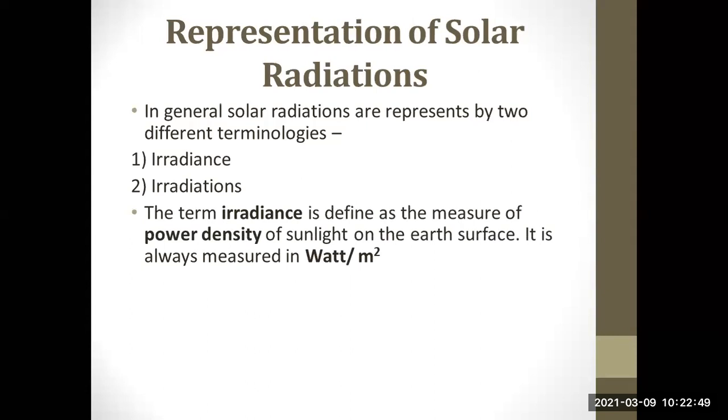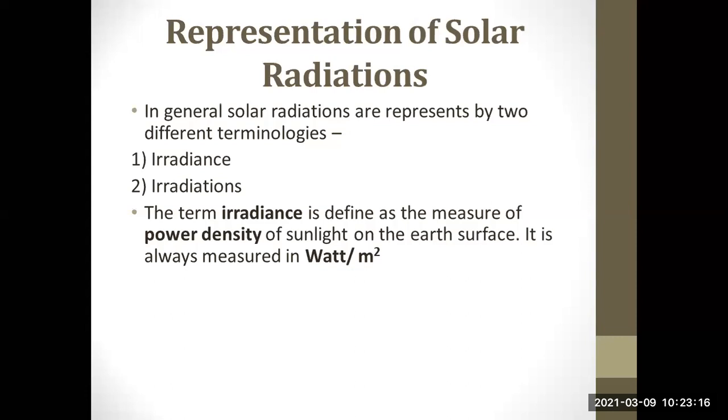Now what is the physical significance of this? When I say watt per meter square, that means with that specific 1 meter square of area we are trying to generate this much amount of power as an output. When I say कि एक particular surface का या फिर एक particular solar device का irradiance जो है 20 watt per meter square, इसका मतलब है कि वो 1 meter square की एरिया से मैं 20 watt का maximum power as an output generate कर सकता हूँ.